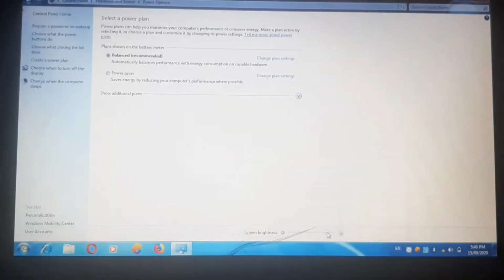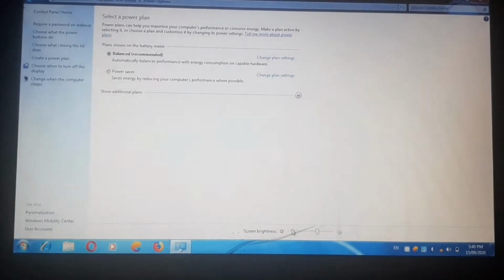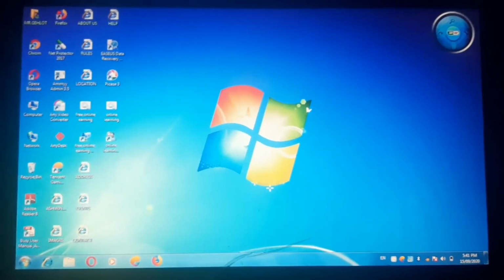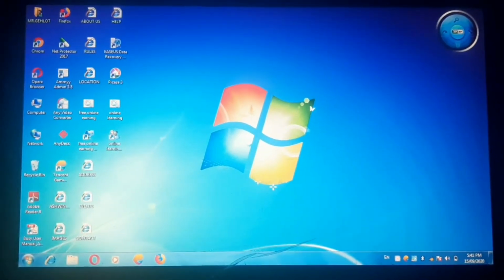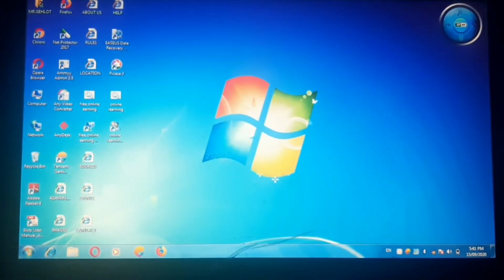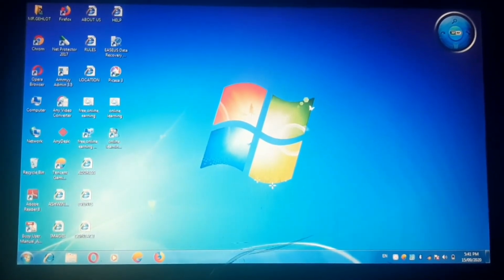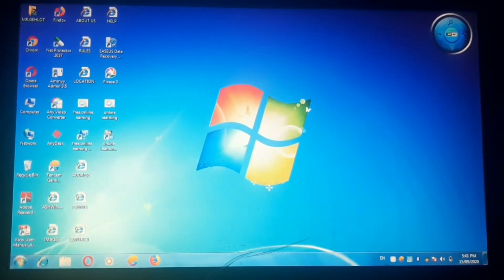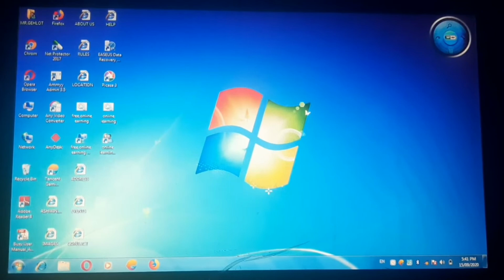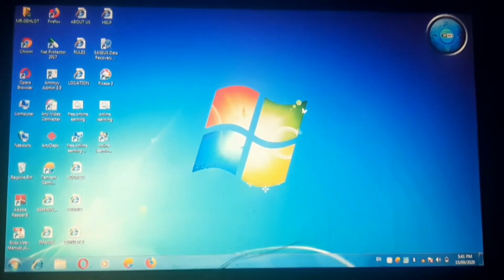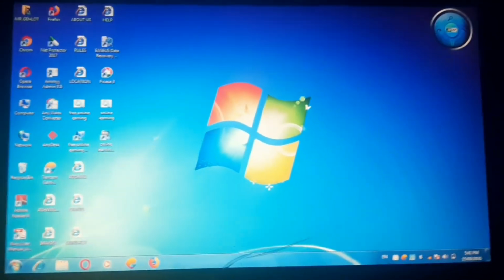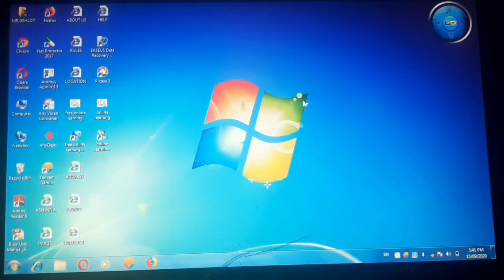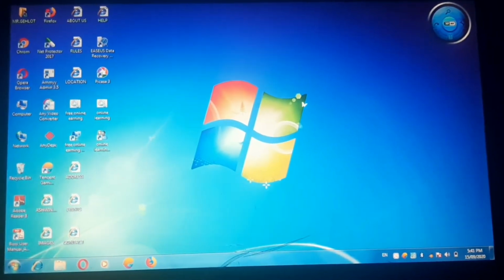Now for the second trick. I will teach you what to do if your mouse is not working, or your laptop touchpad is not working, and the Windows button is also not working. Nowadays the Windows button comes mainly as one or two. If they are not working and the mouse is also not working, how can you shut down your computer or laptop? It is a very simple trick.